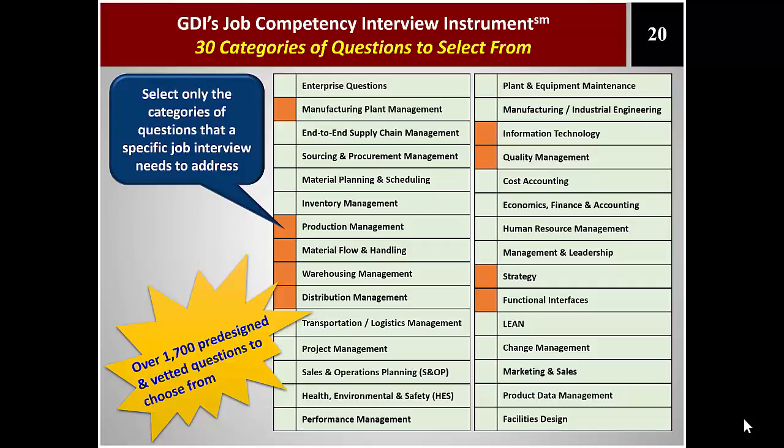So whatever job this is, we've said that we are going to select from our 1,700 pre-designed questions around manufacturing, plant management, production management, materials flow and handling, warehouse management, distribution management, information technology, quality management, strategy, and functional interfaces. And the rest we won't ask. But there may be 75 to 150 of those questions in that 3 to 4 hour video